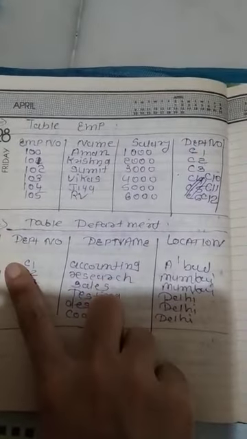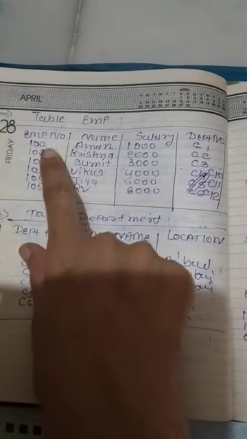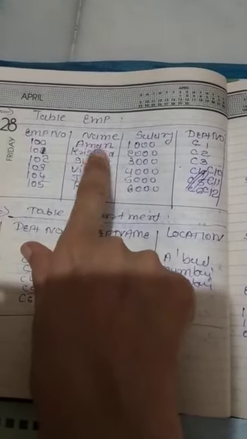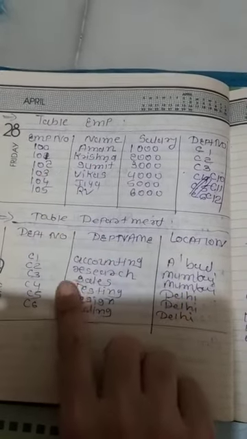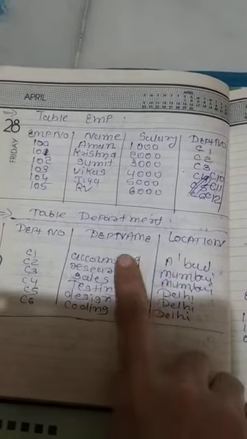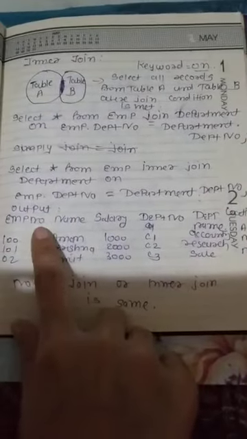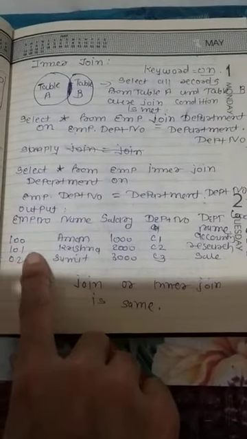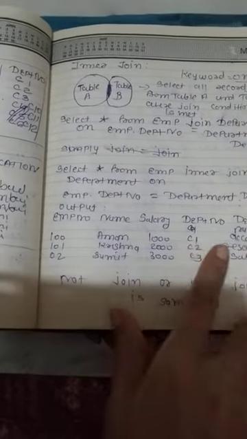This shows the matching records. So in this table, department number is the common field and the matching records you can see C1, C2, C3. So from these three records 1, 2 and 3, 100, 101 and 102, with these three records Ahmedabad, Mumbai and Mumbai we can see in this table. Okay, this is the output 100, 101, 102, C1, C2, C3. Okay, this is inner join.